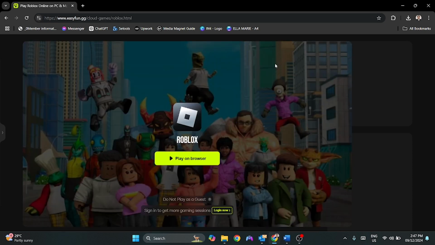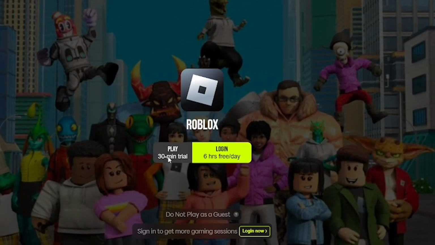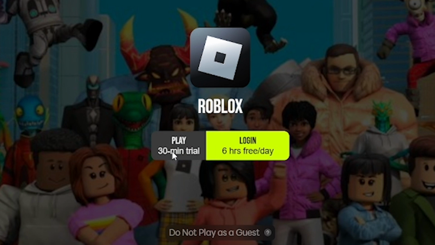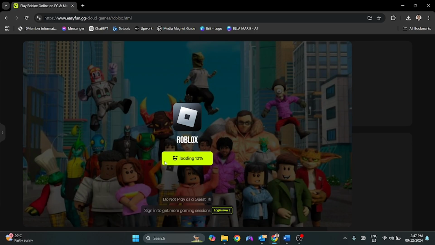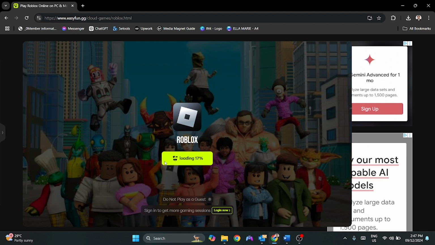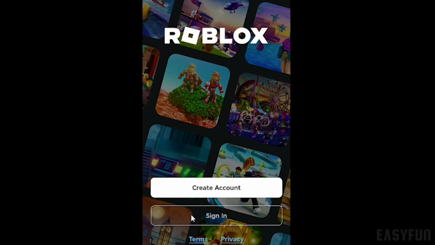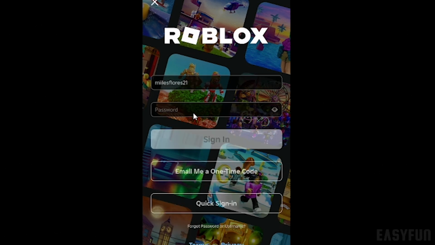Here you'll notice a button labeled Play on Browser. Click on this button to initiate the loading process. Allow a few moments for the system to fully load Roblox in your browser. Once the loading is complete, you will be prompted to sign up or log in. At this point, you'll see that Roblox is running seamlessly within your browser, eliminating the need for downloading or installing